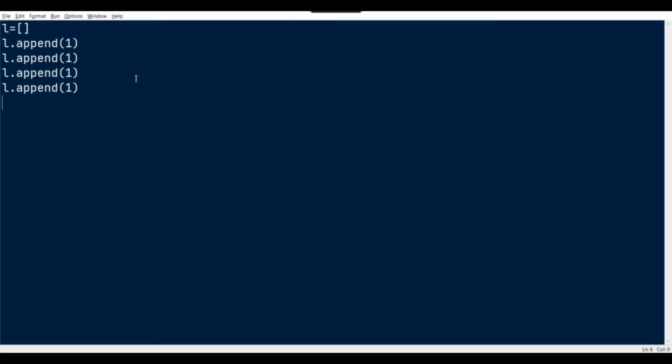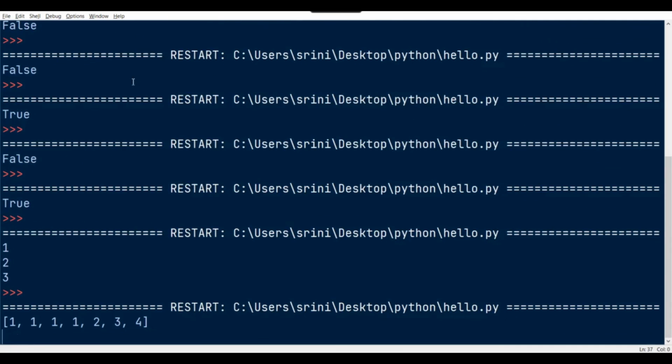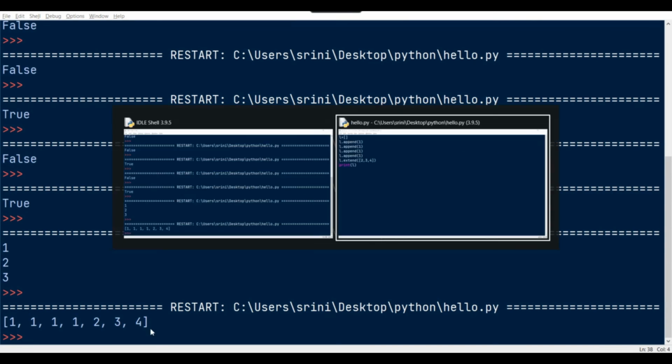And if I just need to extend the list, L dot extend of a few more elements, 2 3 4. Print of L. So here we got 1 2 3 4, ones and 2 3 4.